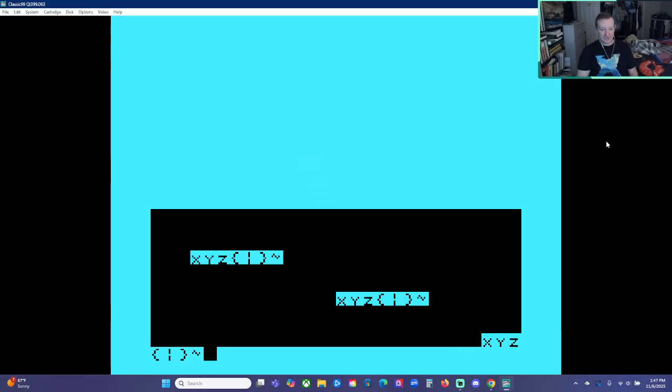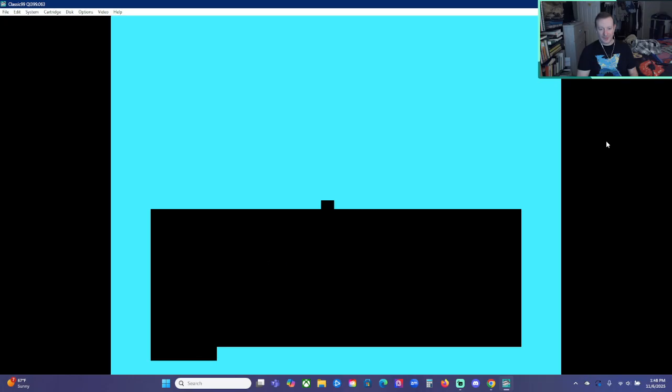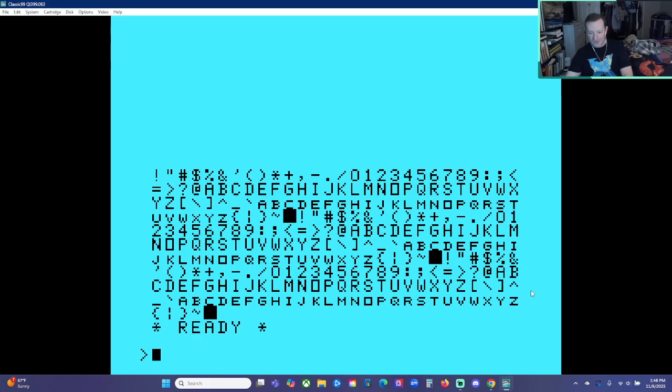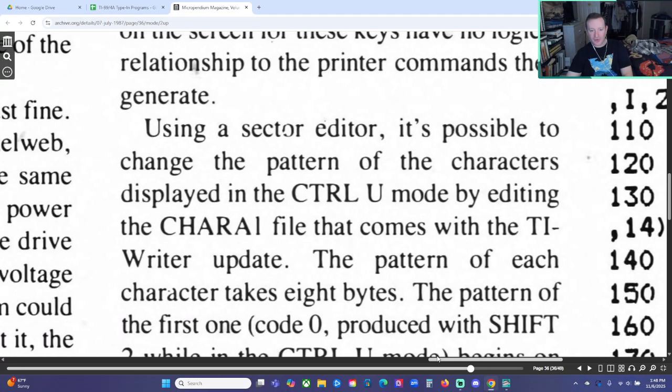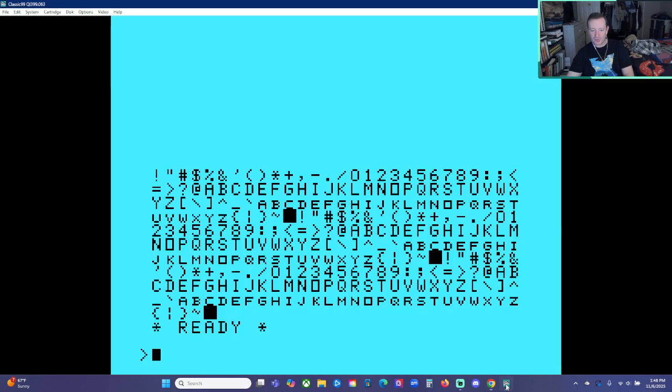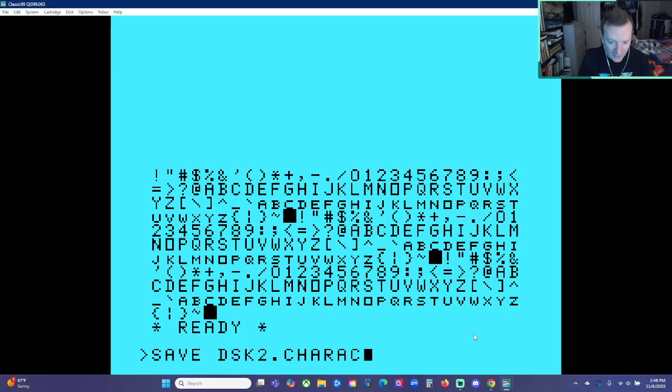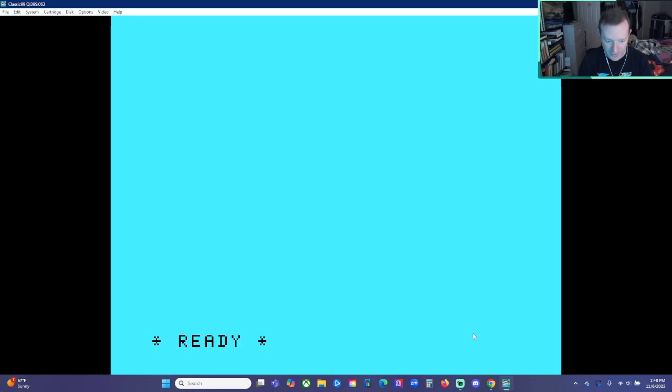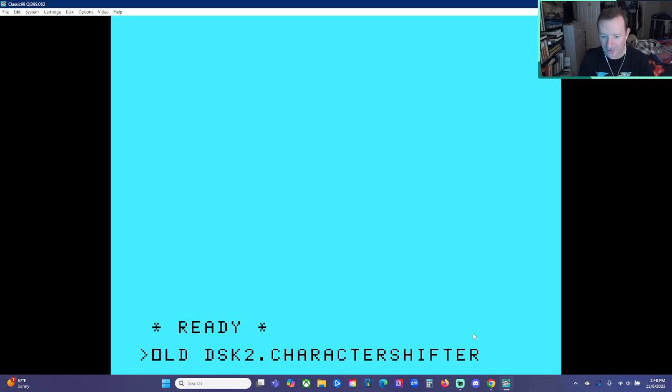Alright, in the home stretch, we'll save this one. I'll start packaging it up and getting it posted on YouTube. There we go. Okay, let's save this one. This was called, I gotta remind myself what it was called. It was called Character Shifter. So we'll call this Character Shifter 2. Save dsk2.character shifter 2. Okay, so let's make sure that worked. Let's make sure both are there. Character shifter